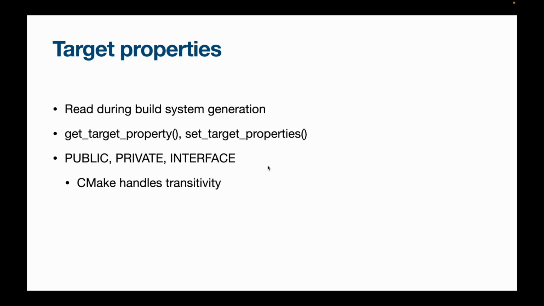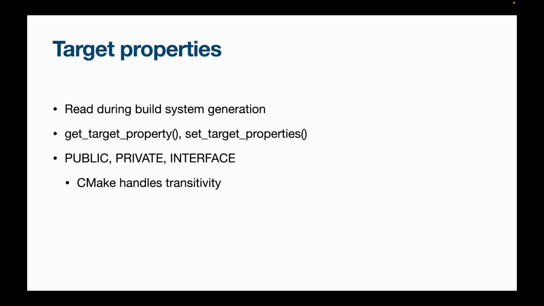And CMake handles the transitivity here for you. So you can declare private or public target properties, compile options, include paths, anything like that. And as CMake is actually generating the build system, once it's evaluated all your scripting commands and it's time to actually write the makefile or the Xcode project, anything like that, then it traverses the entire tree of targets, and